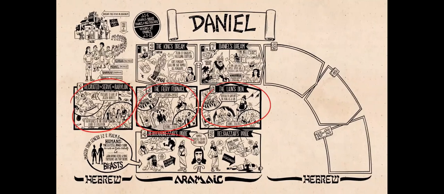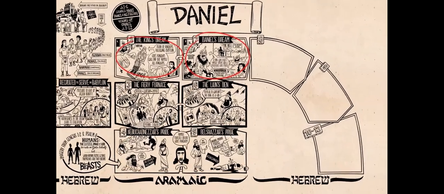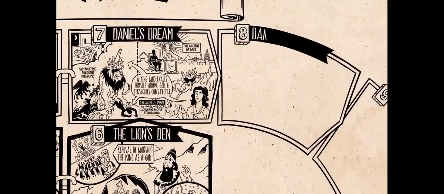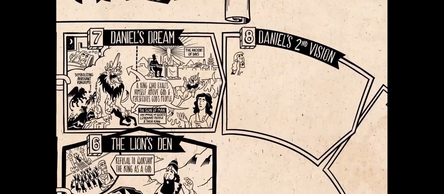But they suffer because human kingdoms have rebelled against God and have become beasts. And so these visions encourage patience, that God's people are to wait for him to bring his kingdom and rule over our world and vindicate his suffering people. But it raises the question about when God is going to do that, and that's what these final three visions set out to explore. In chapter 8, Daniel has another vision about the final two beasts of chapter 7, but